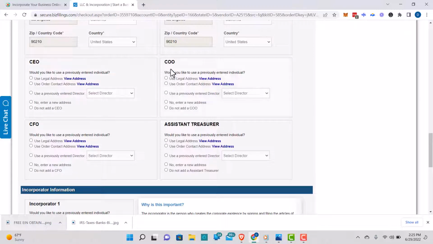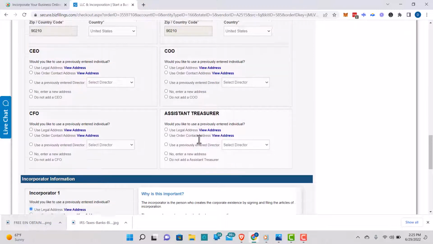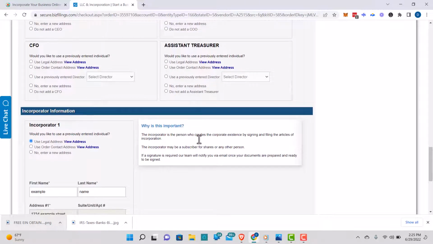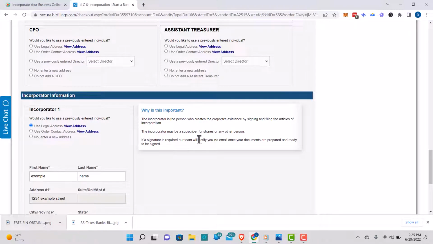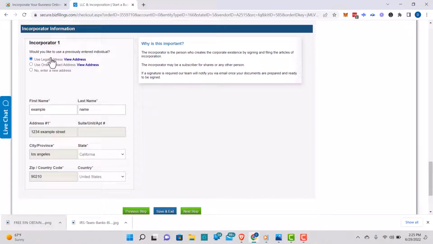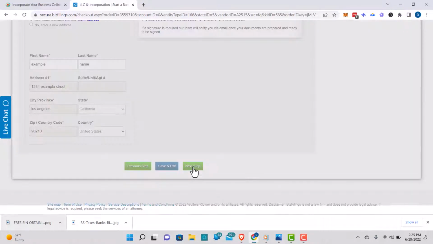And so you can have these other positions filled in as well, but they're not requisite. They don't stop you from setting up your corporation if you don't have them filled. So they're going to ask for the incorporator, which is going to be the person who's filling out this biz filings application. Next step,